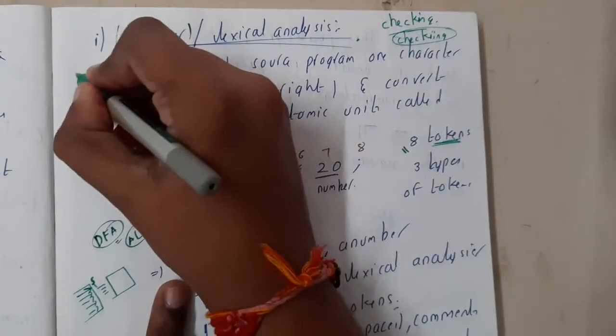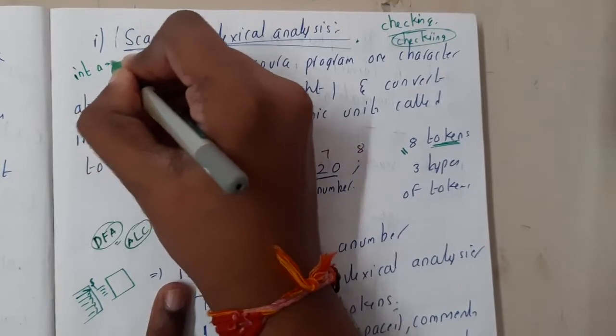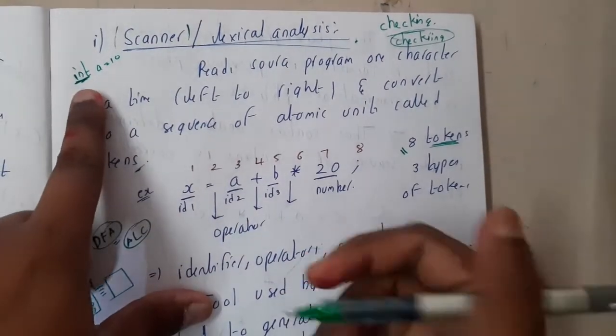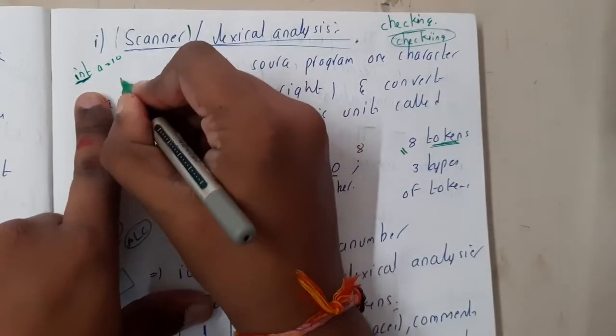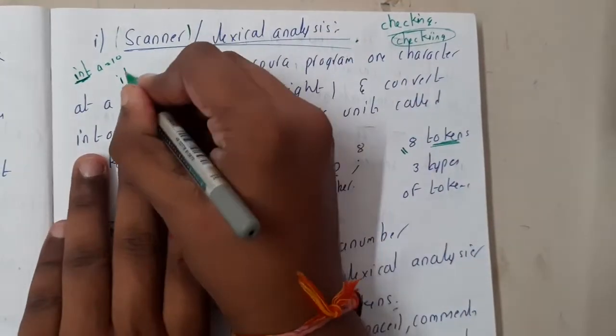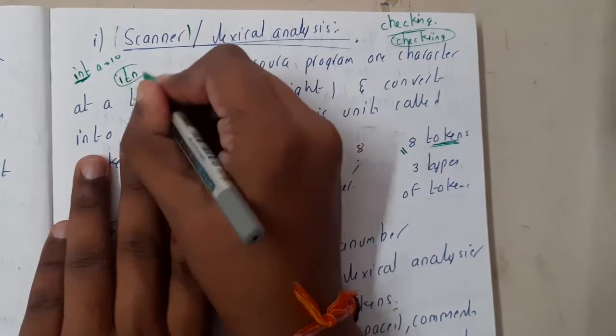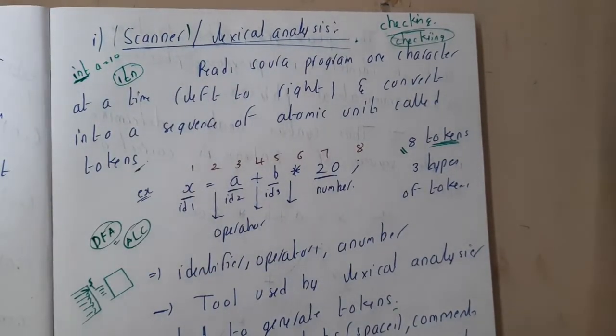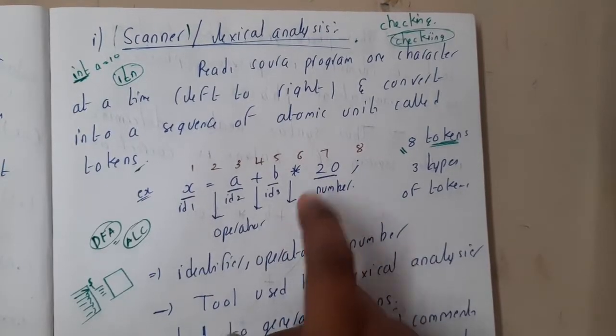Assume that our statement is int a equal to 10. Is int a valid thing? Yes, because int is predefined. Assume that instead of int, because I typed really fast, I typed itn. At that time it's not a correct thing, right? These types of spelling mistakes will be found by the lexical analyzer.